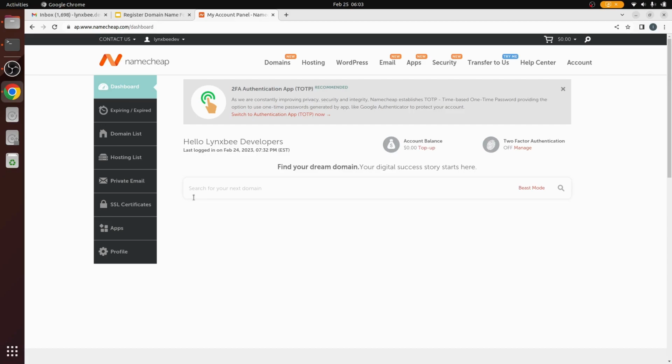So let us search for an example of a restaurant with the name Brunda's Pure Veg. So we will add Brundaz Pure Veg. So it is an easily rememberable domain name, and then search for